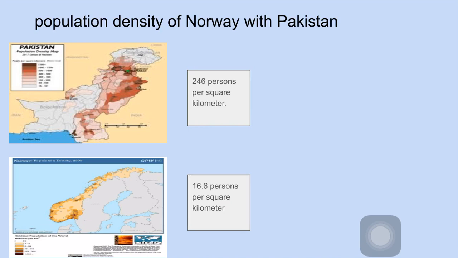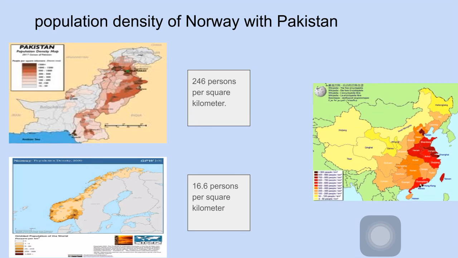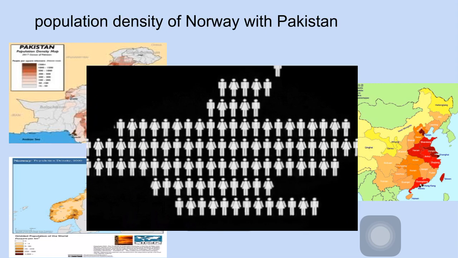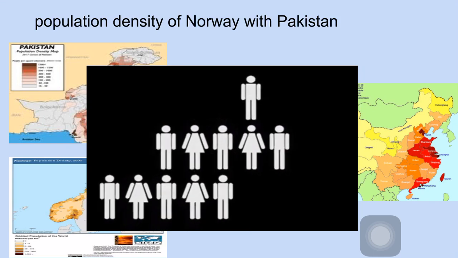So now compare this 16.6 with Pakistan's 246. I think we need to think about this. But let's compare it with Macau, the most populated area of China, where per square kilometer the number of people who live is 21,348. Oh my God, this is a very awful situation, the number of people living there per square kilometer. I hope students